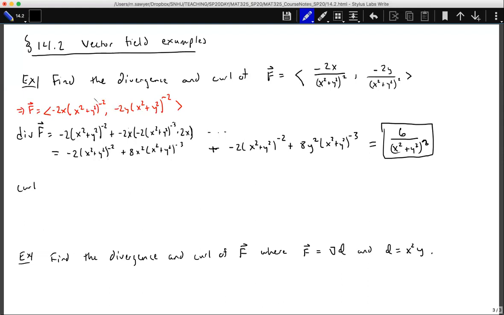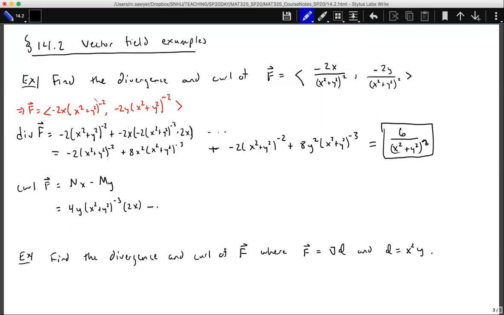So now for the curl of my vector field, I'm going to use the property that my curl is equal to N sub x minus M sub y, using the trick from earlier. So the derivative of the second term with respect to x, and the derivative of the first piece with respect to y. For the first piece, that's just a constant with respect to x, so I can think of this as just a constant, and I'm just looking at a chain rule. So I have 4y times (x squared plus y squared) to the negative 3 power times 2x, minus,